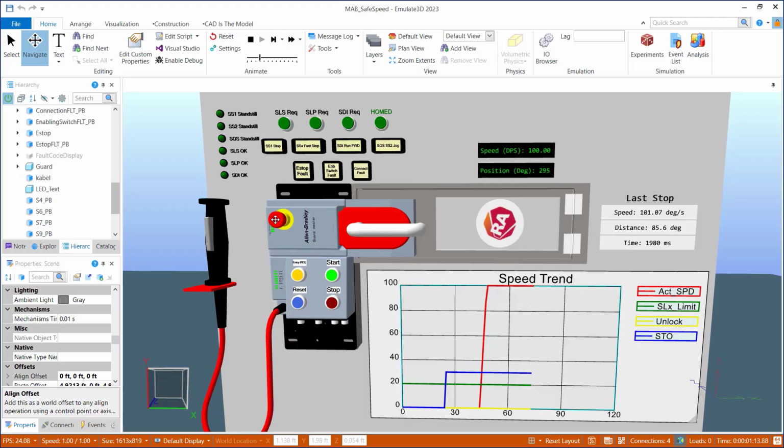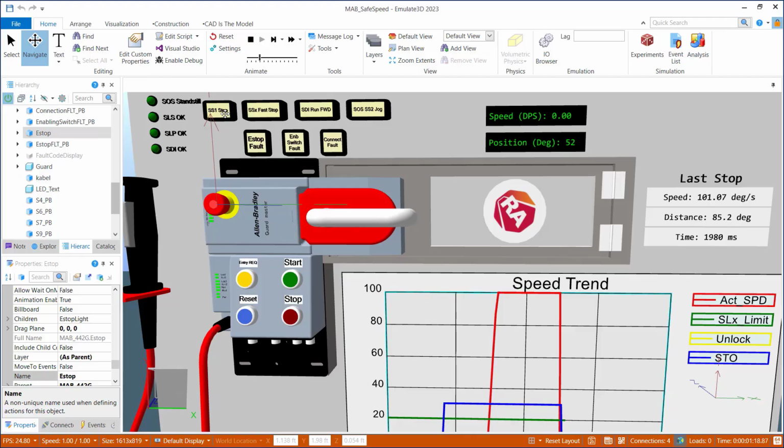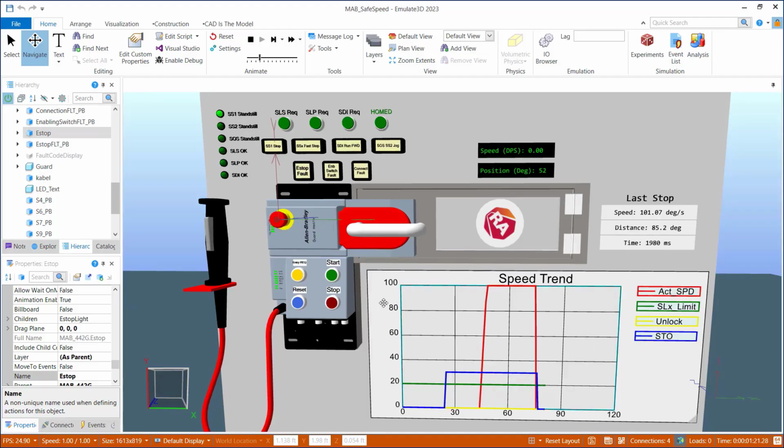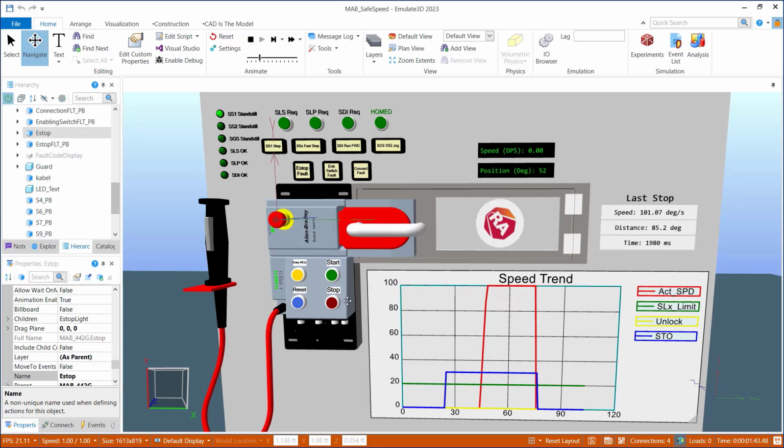I can e-stop the system, and it's going to do by default what's called a safe stop 1. A safe stop 1 is defined as ramping down to 0 speed under control and then turning off the STOs to disable the drive and incapacitate the drive, if you will. So it indicates that safe stop 1 worked properly and the drive is now disabled. I could get in and do some things if I unlock the gate, but I'm not going to do that right now. I'm going to reset the system, start it back up,